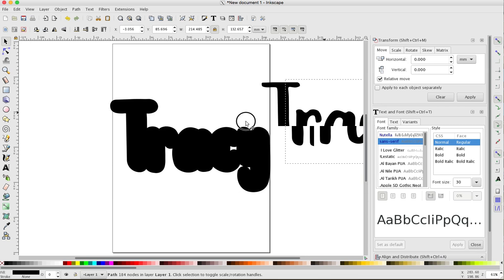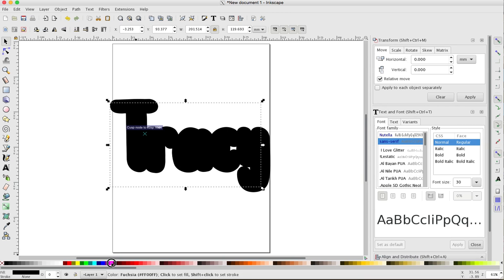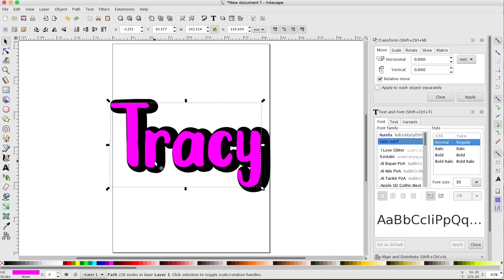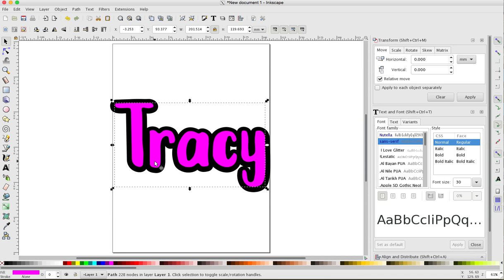We can now put our text back over top of this, create some different color out of it. And this is our shadow layer. Now you can upload this to your plot cutting software and you can cut out a shadow layer and the